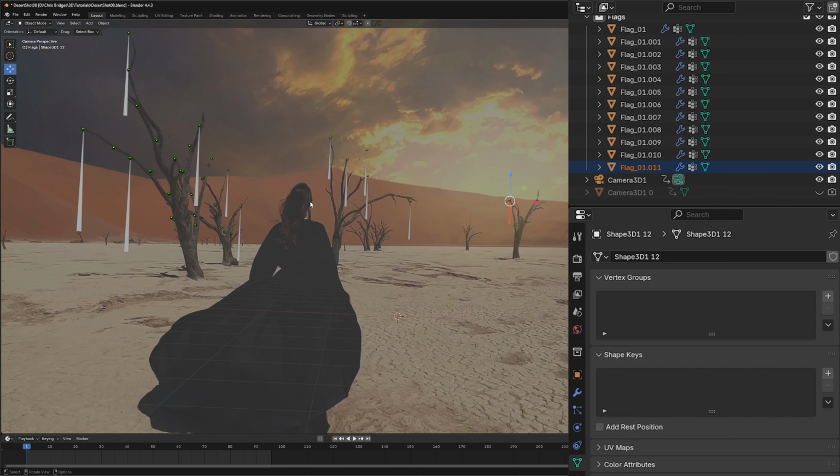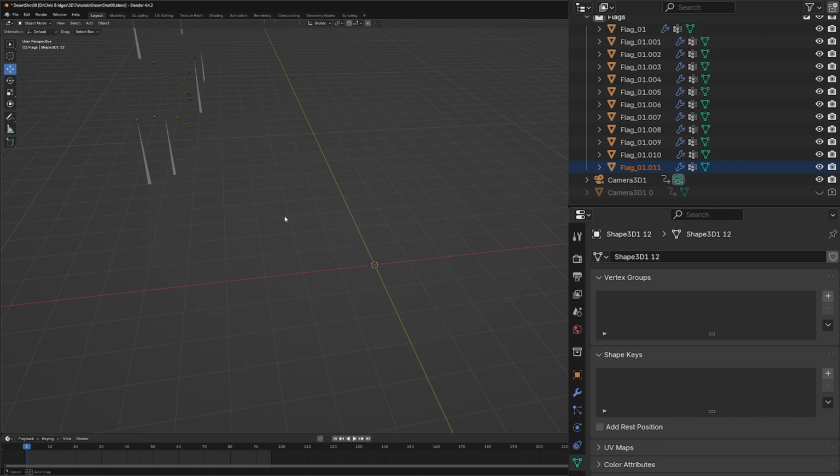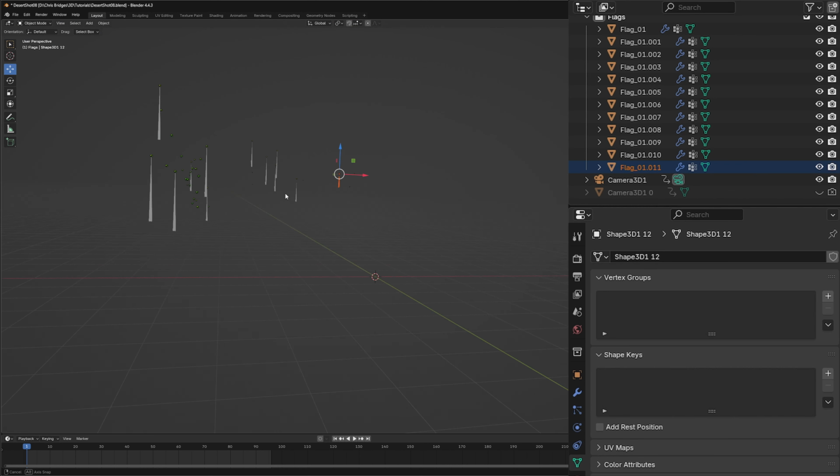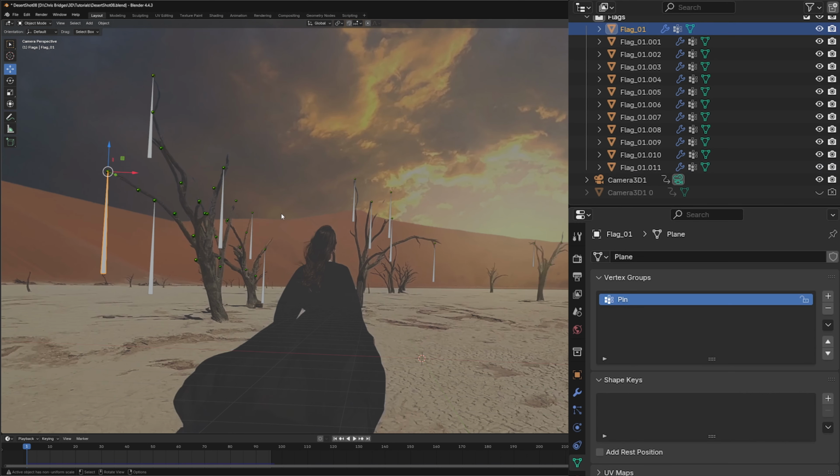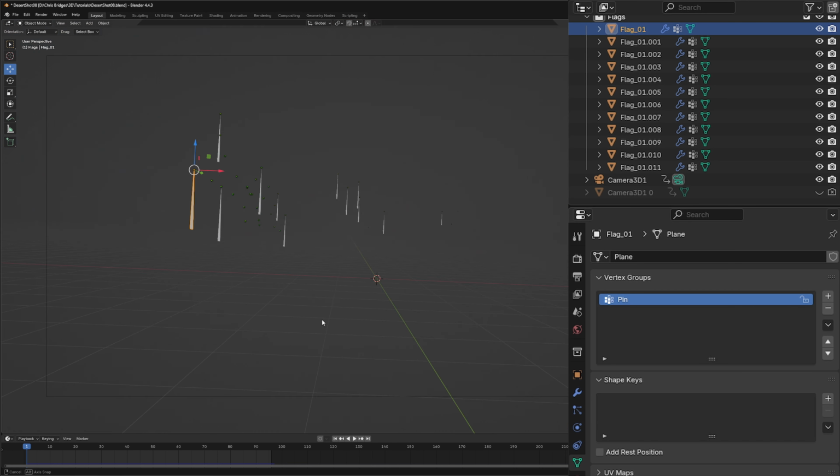All right, so I think that's enough banners for right now. We've got all these banners strewn across our little scene here. Now we need to add a little wind so we can get some animation going. So what I'm going to do